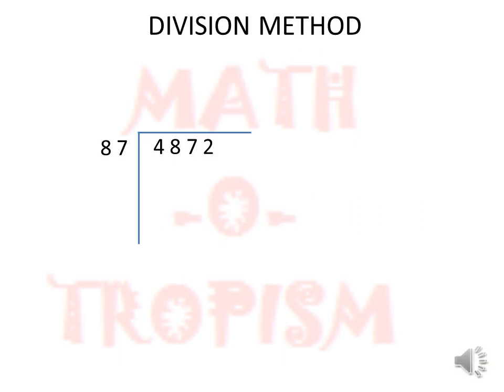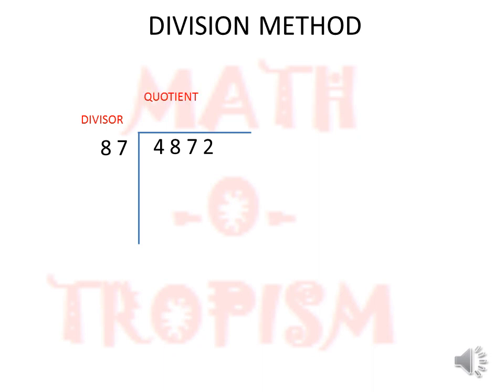Going into long division for finding the square root, let me first take an example of a 4-digit number divided by a 2-digit number to familiarize you with the terms which I am going to use later. So in this case, the example is 4872 divided by 87. Now, this 87 is going to be called the divisor, 4872 is the dividend. We are going to find the quotient, and in case a remainder comes, that too.